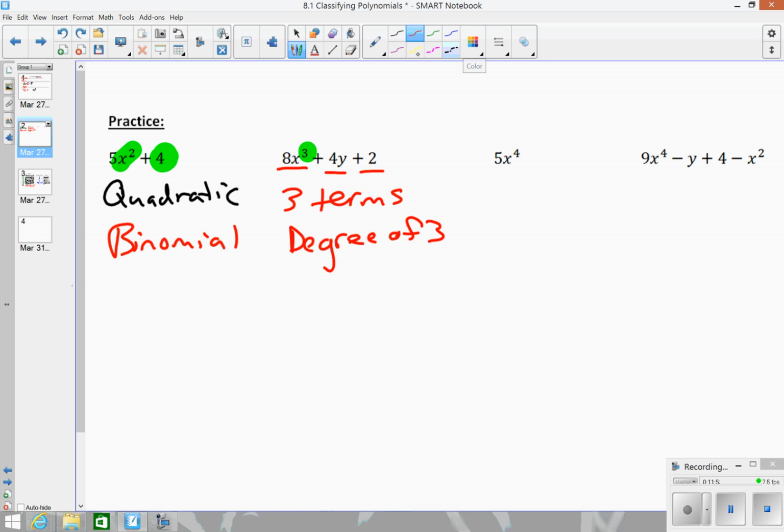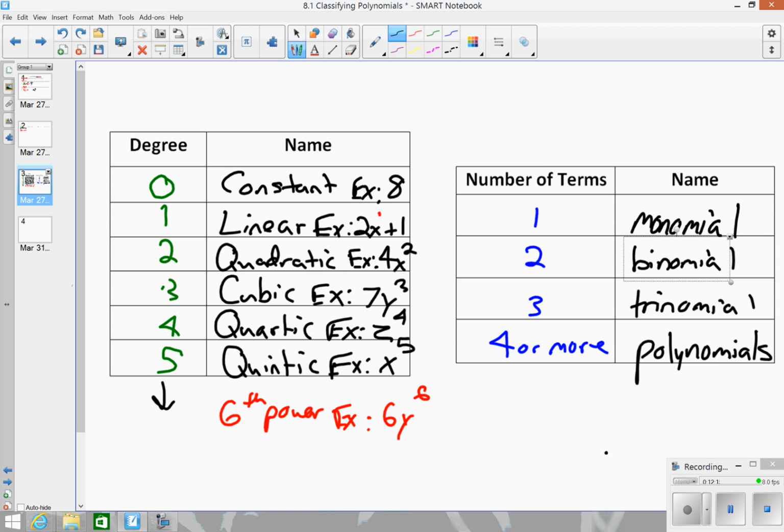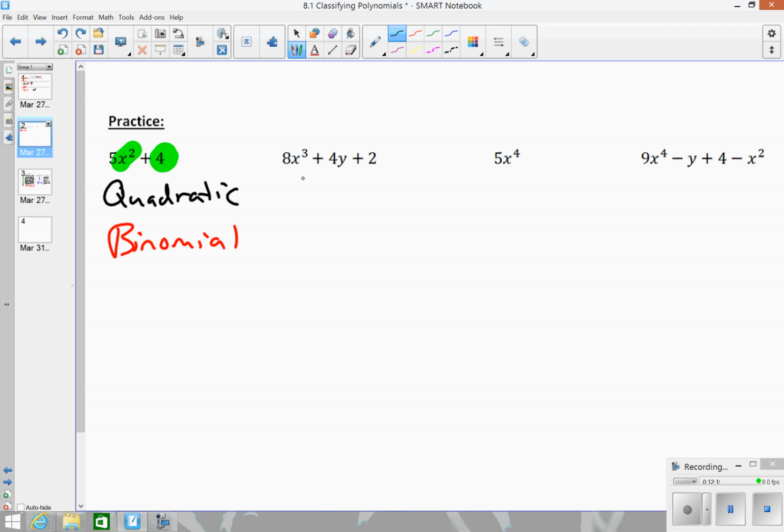Okay. Let me erase here. Good. Now we already started this one. Now, what is the degree? The highest degree, x to the third, y to the first. And there's nothing here. So 3 or 1, 3 is higher. So this is raised to the third power. So something that's raised to the third degree is called cubic. So if I go cubic,